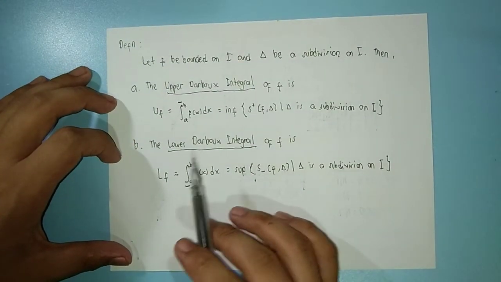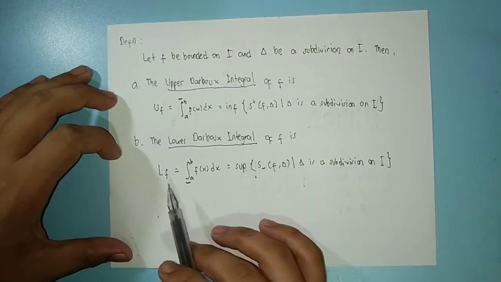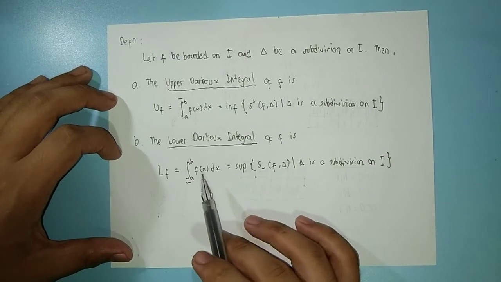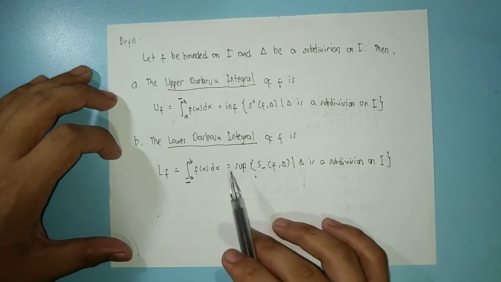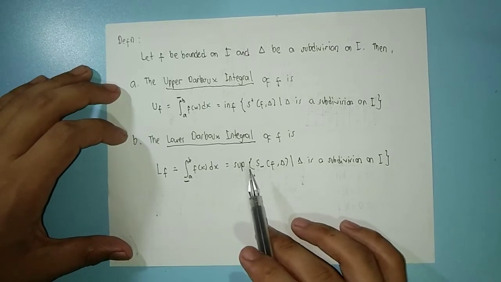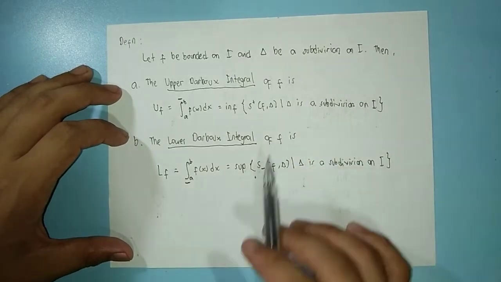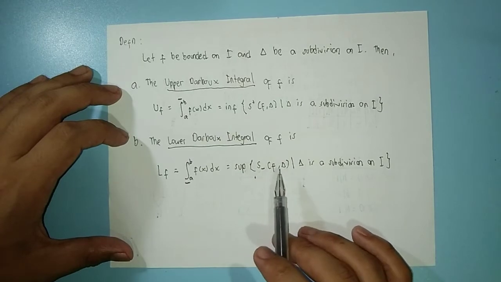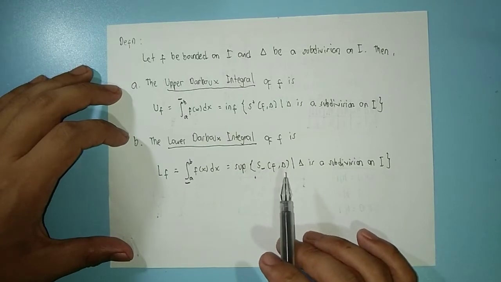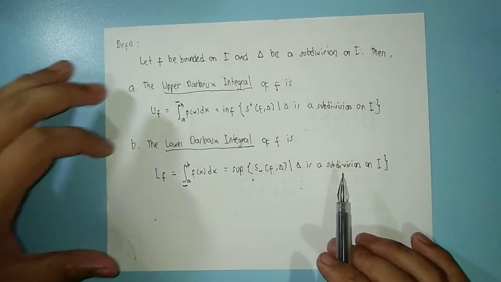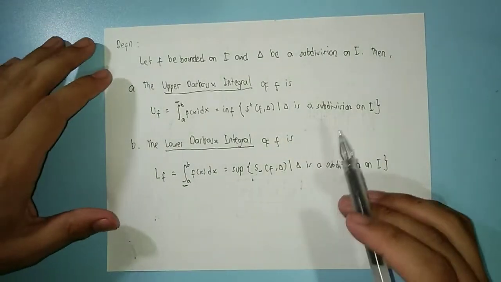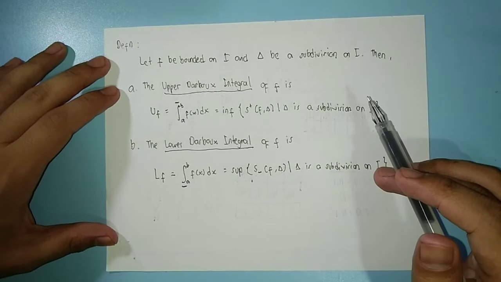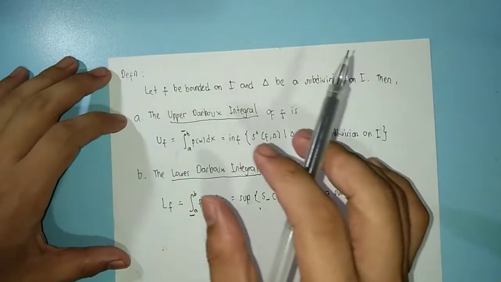Then, the lower Darboux integral of f is L sub f equals the lower Darboux integral of f from a to b. Take note sa underline. Equals supremum of the set containing the lower Darboux sum of f with respect to delta such that delta is a subdivision on I. So kung mapapansin nyo sa definition ng upper Darboux integral tsaka lower Darboux integral, dito sa upper